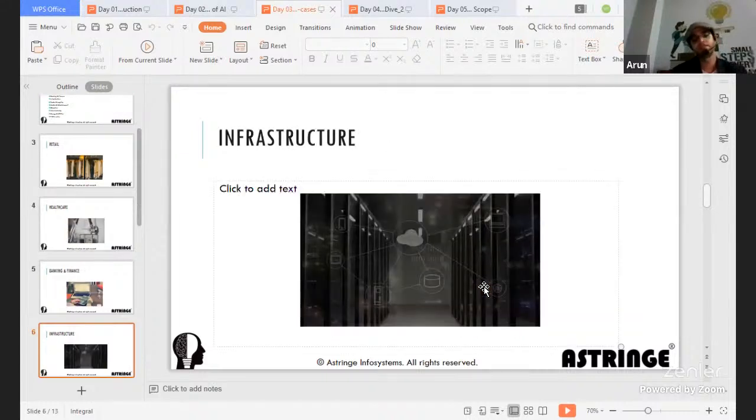The next one is infrastructure, particularly in the field of cloud infrastructure, which I'm more concerned with, because as of today, we have humongous data, which I mentioned as big data. The data cannot be stored in a typical laptop or typical machine where you have a limited amount of memory. So rather than that, why don't you create clusters or nodes of machines to store your data, right?